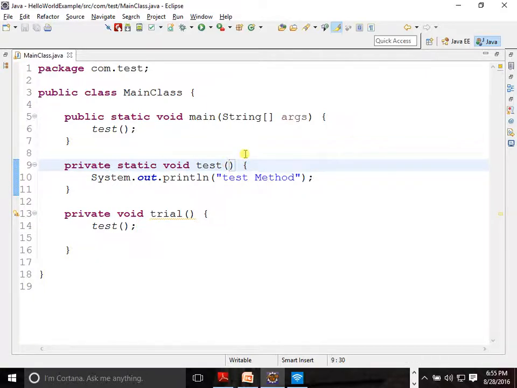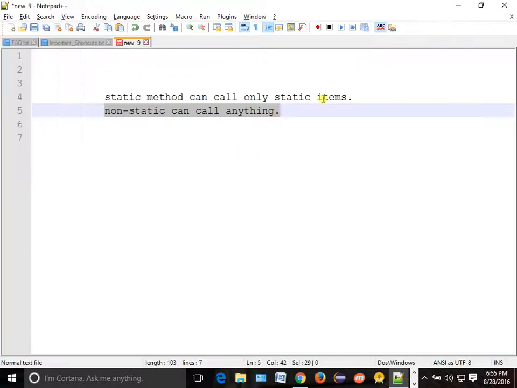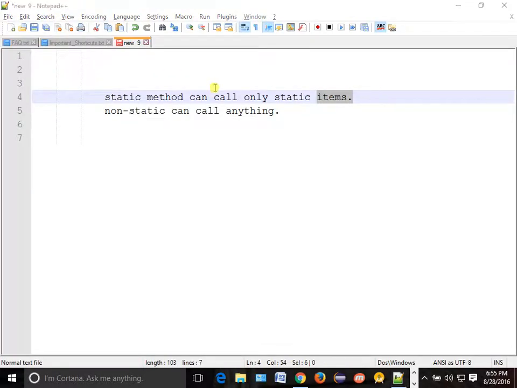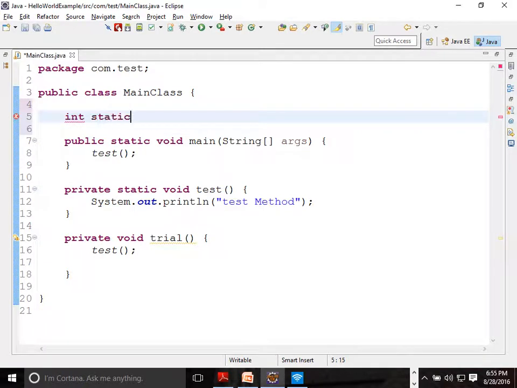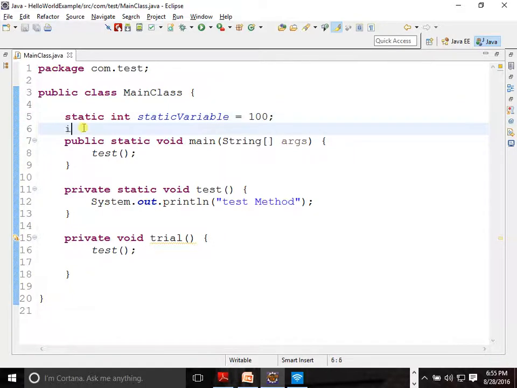Again, it is not related only to the method which I told here. Items means everything. If you are having some variable at the top, suppose int, static variable, suppose I am initializing with 100. I am making it static. And the other one, non-static equal to 1000.